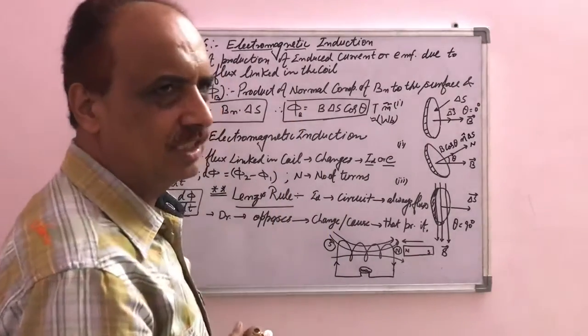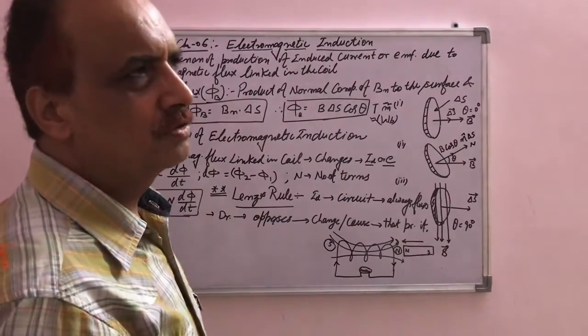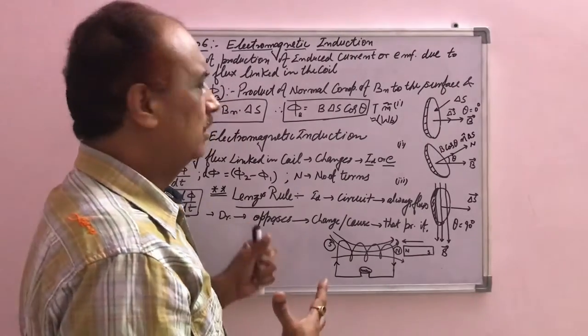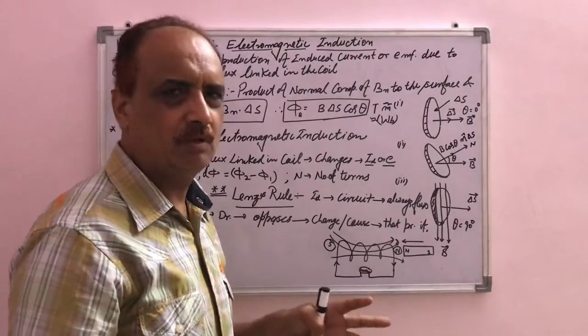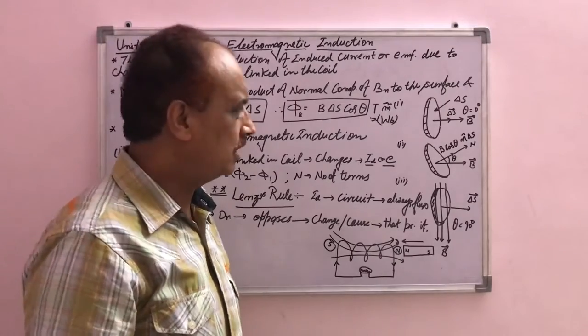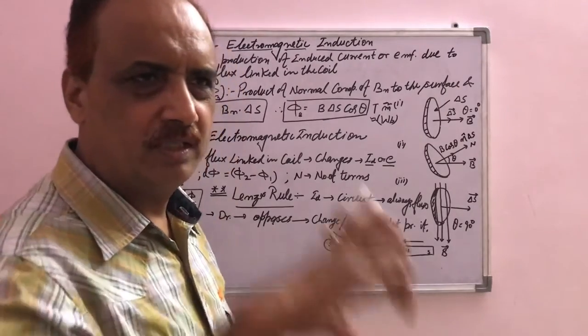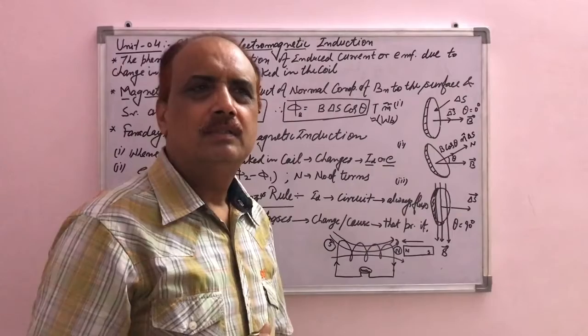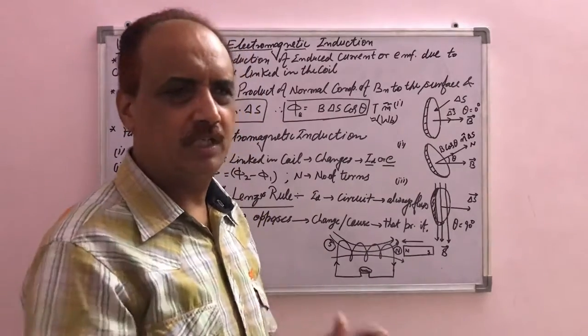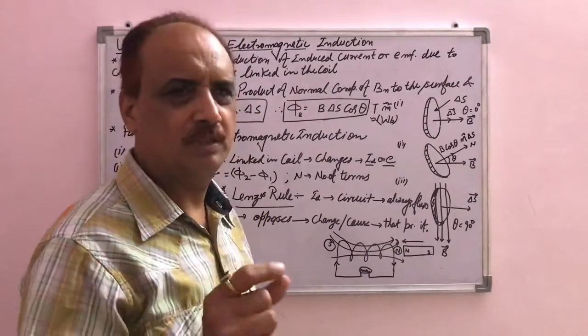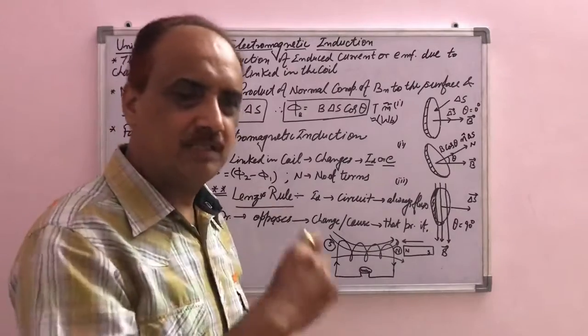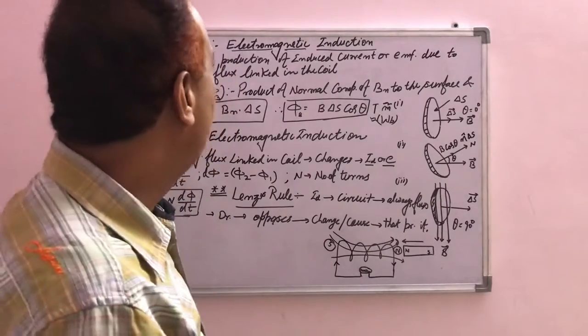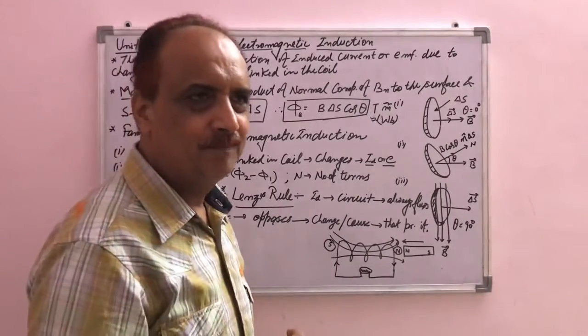So, to understand that topic, first of all we will discuss here about the experiment of Oersted: when the current is flowing in a conductor, then a magnetic field is produced around it. This is the effect of the current, and that effect can also be discussed by the scientist Michael Faraday.